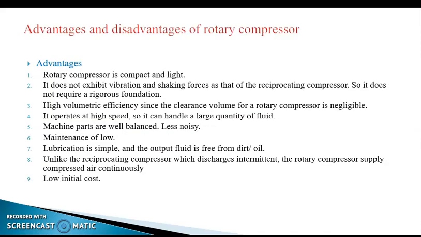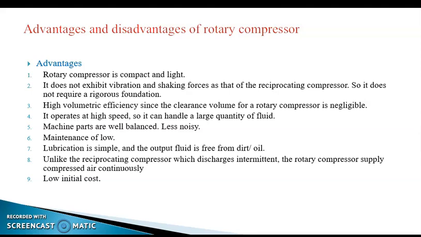Let's come to the advantages, the disadvantages, and the applications. First, the advantage side. The rotary compressor is compact and light, and it does not exhibit any vibration or shaking force like the reciprocating compressor. In the reciprocating compressor, so many moving parts are there, that's why there is more vibration. But in the rotary compressor, the moving parts are very few, that's why vibration is also less and